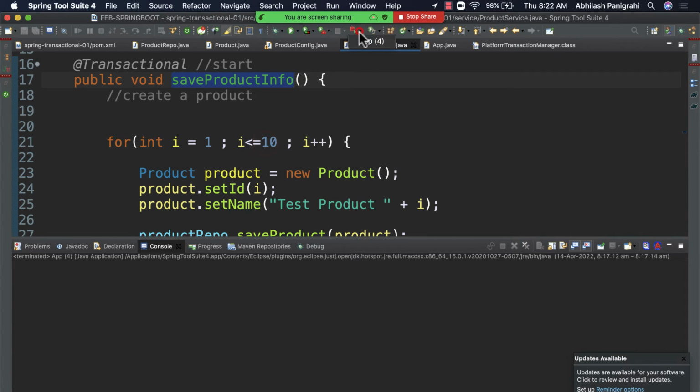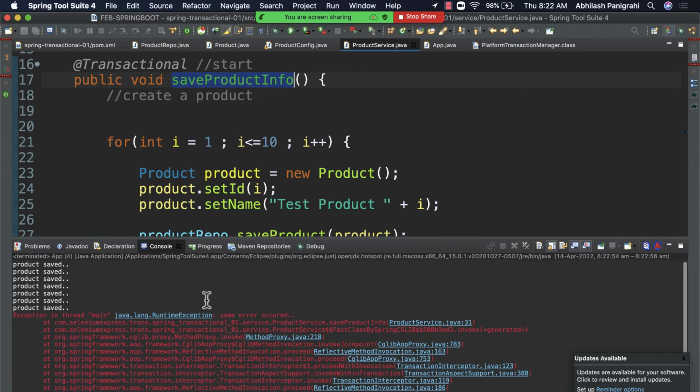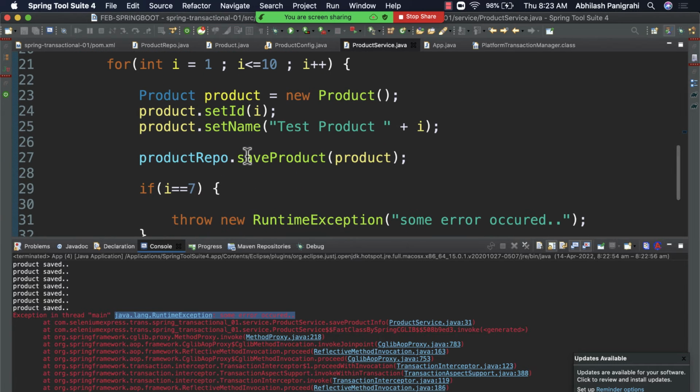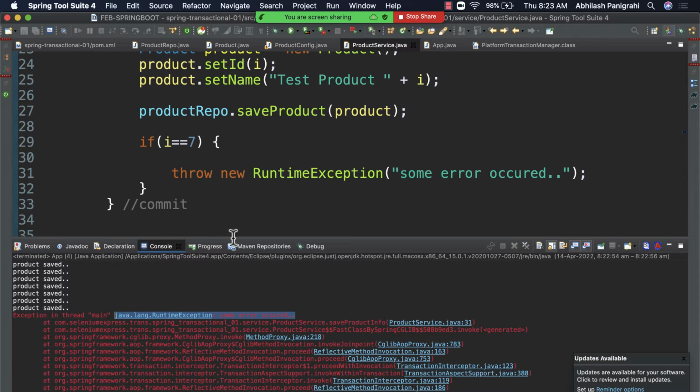Can I relaunch this one? Relaunch app4. It is going to run my code, okay. After the 7th product, it is just throwing me a runtime exception, but look at the exception that we are getting right now. Our service method is throwing some exception, and you can see that previously